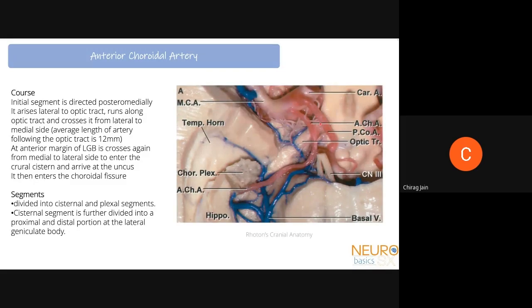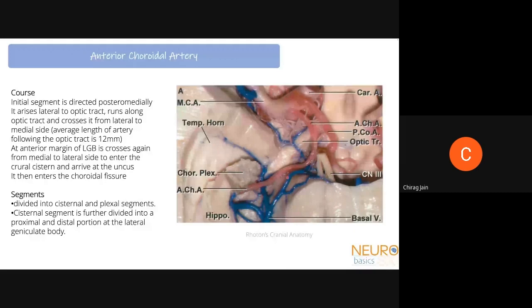As you can see, this is the optic tract over here, and this is the ICA. This is the anterior choroidal artery. As we can see, it is running from the lateral to the medial side of the optic tract, and then after it has reached what would be the lateral geniculate body in this region, it crosses back from the medial to the lateral direction so that it can enter the ventricle over here. So it enters the crural cistern, then the inferior choroidal point, and enters the choroidal fissure